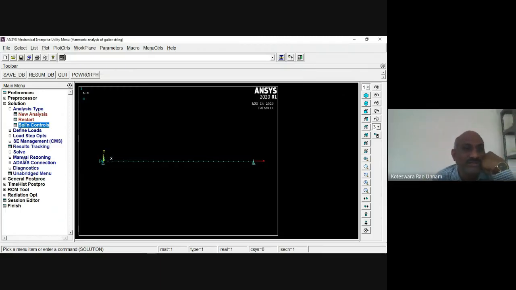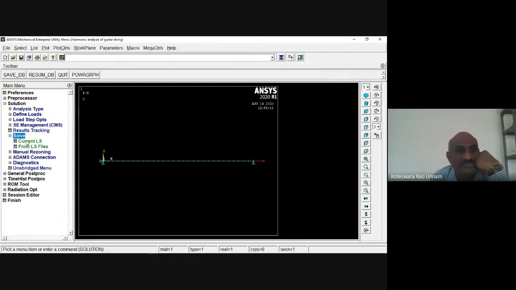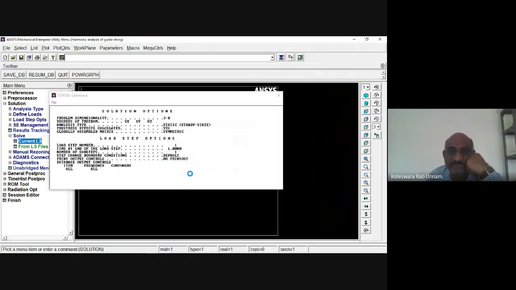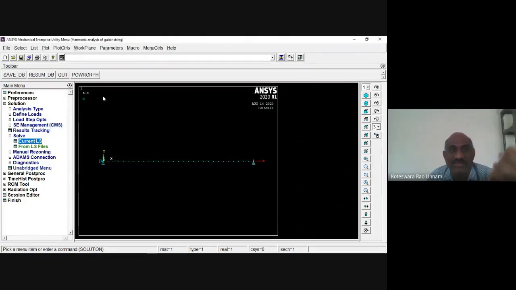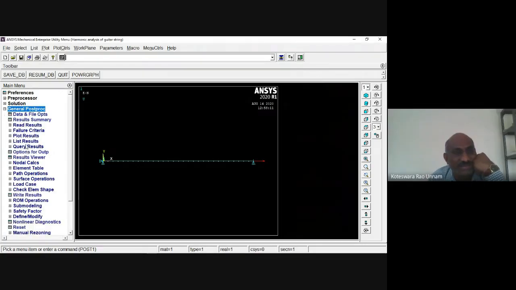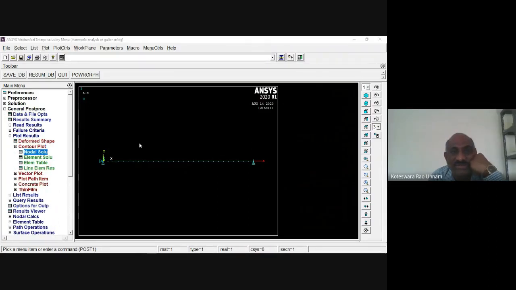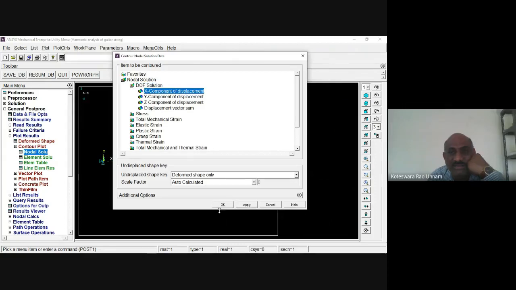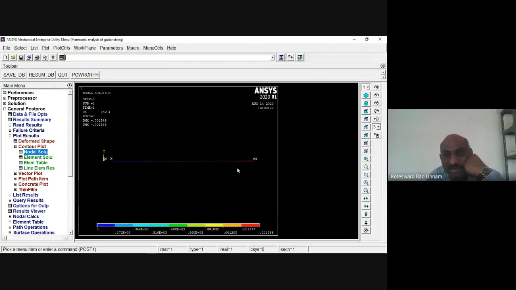Then click OK, then solve it. It will solve very quickly because it is a simple problem only. It won't take much time. So the solution is done. You can see that window, the base, it is solved. If you want, you can see what the displacements are. So plot displacement, I can see how much displacement there is in the x direction. You can see that value in the contour plot. See, it is deformed something like this.